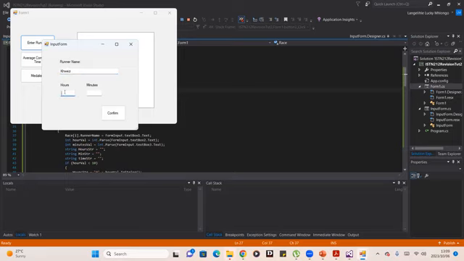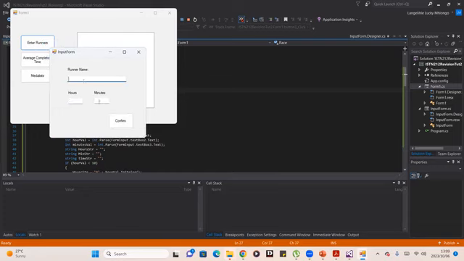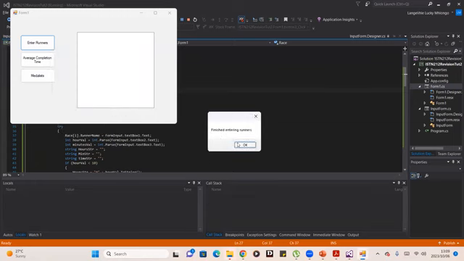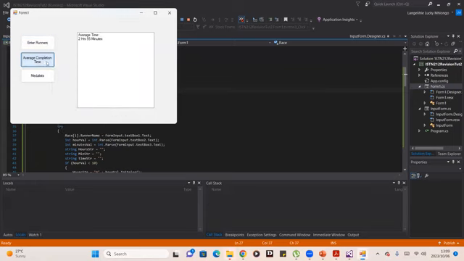So I'm just entering them. All right, so we finished entering the runners, then the average completion time, and then now we can click the medalist,